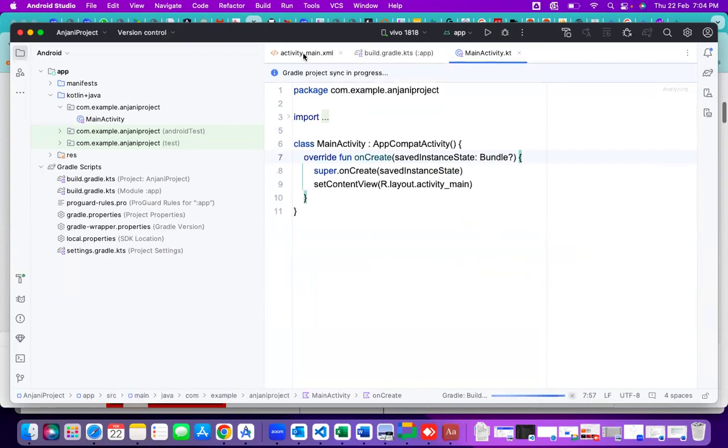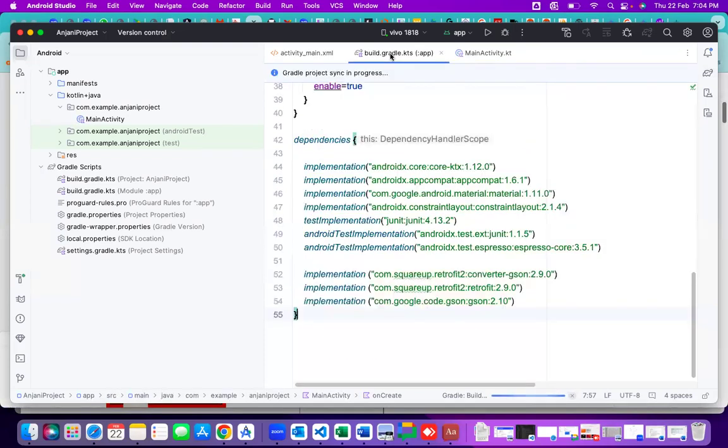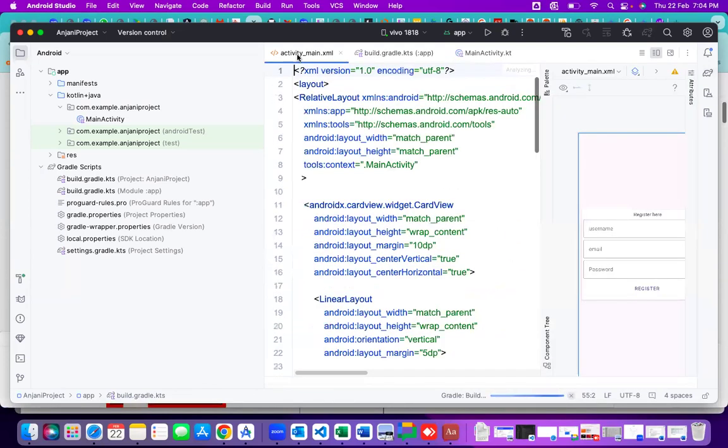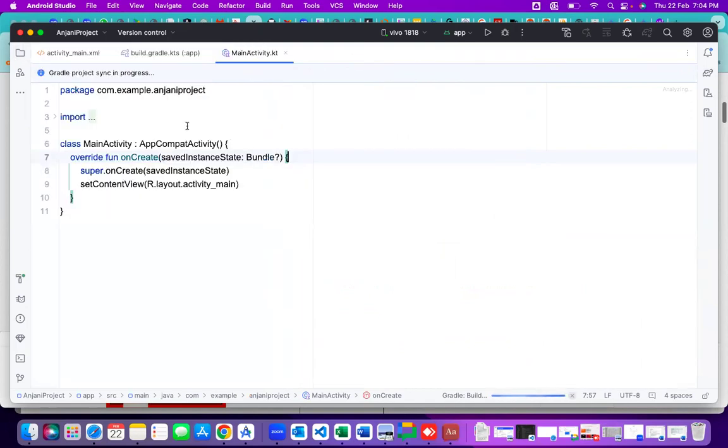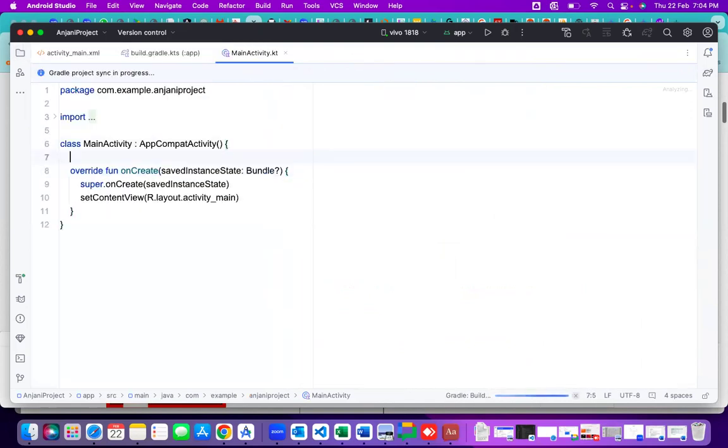I think yesterday we added the data binding here, even in XML we added the data binding. While loading that, we can enable the data binding here. Where binding: activityMainBinding